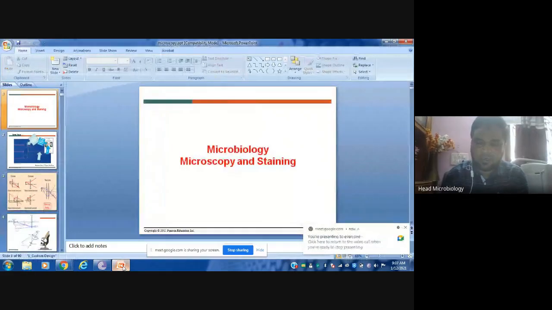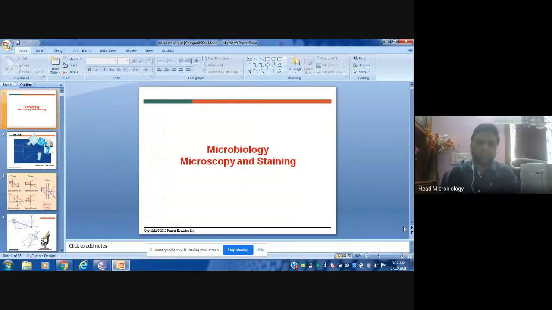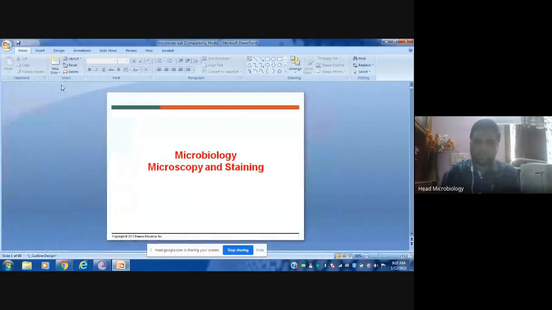Basically, the microorganisms that you are studying in microbiology are not visible with your naked eyes. Generally, they are small in size. As they are small in size, we need to have some aid to see them. The term microscope is the instrument which is useful for observing the microorganisms. Micro, in the sense, the smaller in size. So, as it is smaller in size, you cannot see.